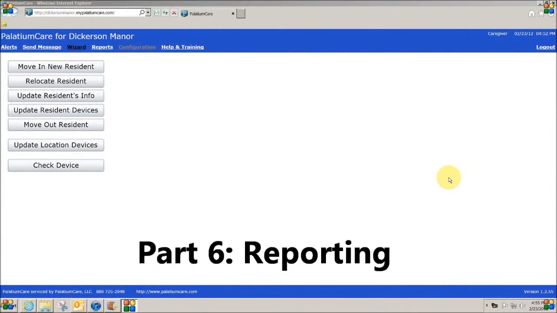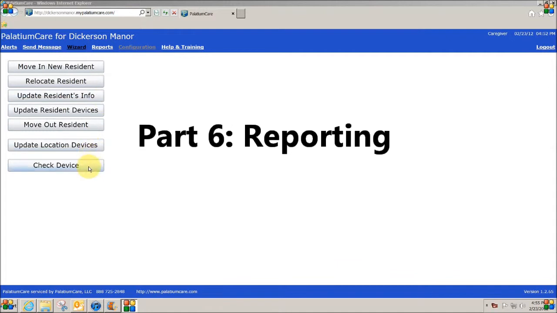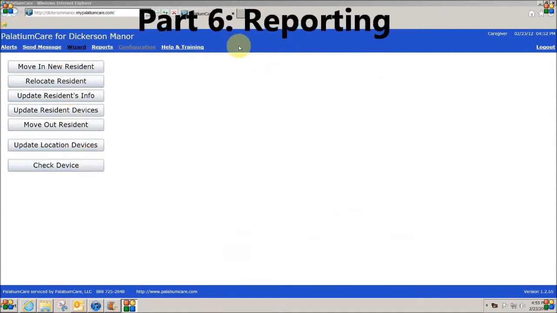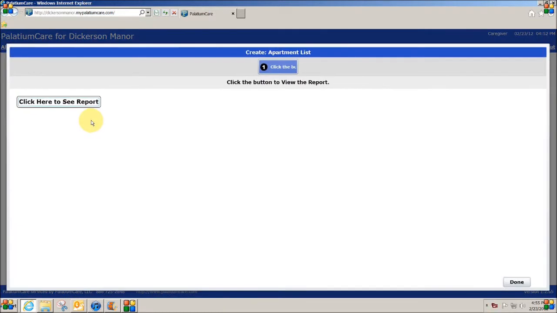Let's take a look at some of the reporting options we have. When we first log in and we see our main screen with these choices, we'll notice we have some other choices across the top here. And one of them happens to be reports, which then gives us a complete list of the reports that we can actually access in the system that are pre-formatted. If we click an apartment list, for instance, and we choose click here to see report,